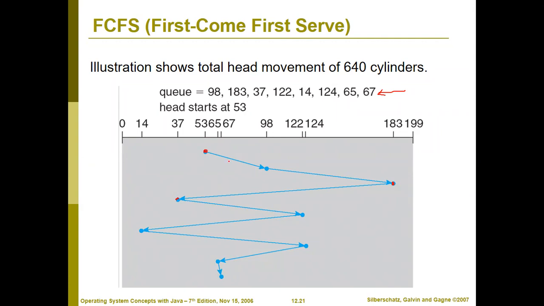Now we are drawing this. We are drawing like this. Why? Because whenever you are coming top to bottom, your time is increasing. To show the time, we are making it like this. Whenever you are coming top to bottom, it is taking some time. So this was your FCFS.